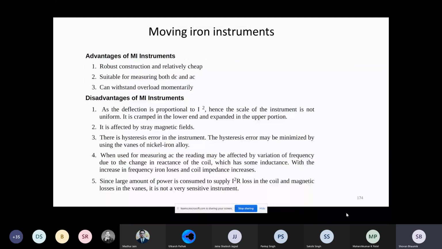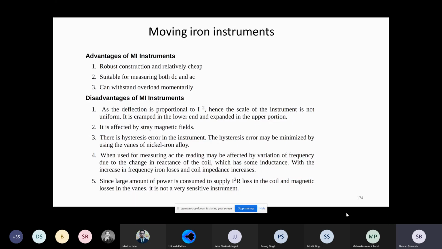Now, there are advantages and disadvantages of the moving iron instrument. Definitely, the moving iron instrument is advantageous in the sense that it is very cheap and very robust. It is not fragile. Another advantage is it can measure both AC and DC, so the same instrument can be used. And it can pass a huge amount of current, up to 100